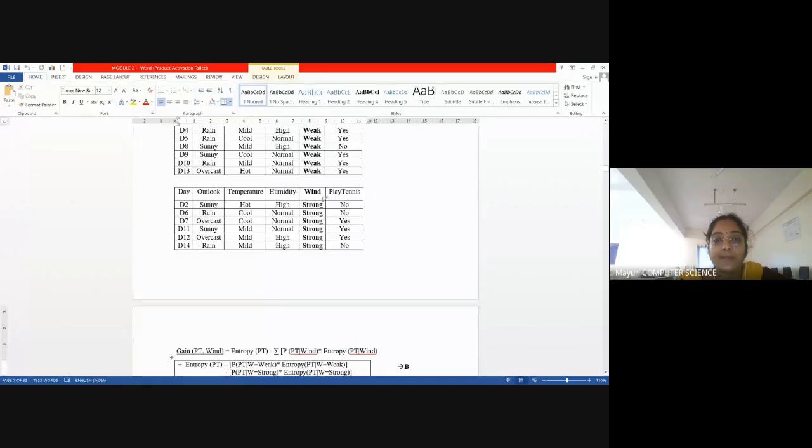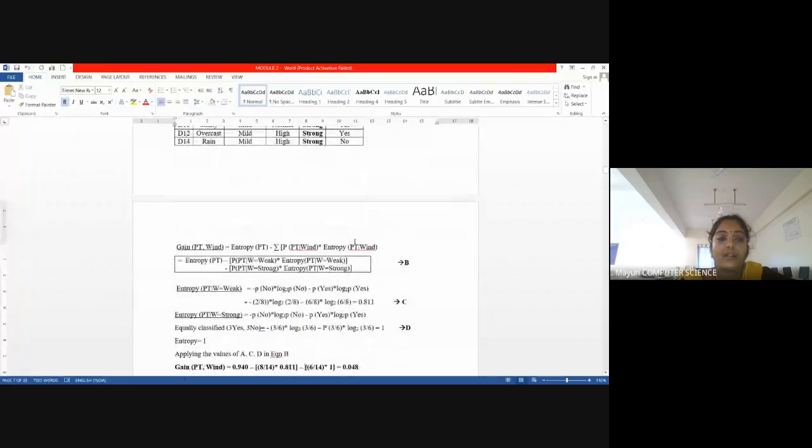So I can easily write with respect to strong, it is 1. Okay, just look here, info gain of play tennis with respect to wind, because the target concept is play tennis, with the target as concept only, I have to find the info gain of wind. So according to the formula I have written total entropy. This is the total entropy of the target concept minus summation of how many values of wind are there with respect to play tennis. I have two values. So probability of weak and then entropy of that weak value, because wind has two values. Then probability of strong and then entropy of that strong. So that is what I have written here.